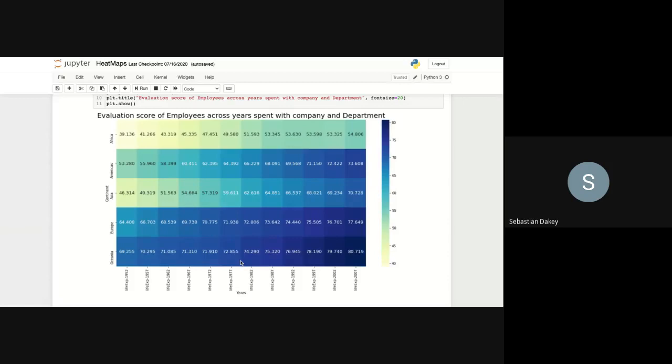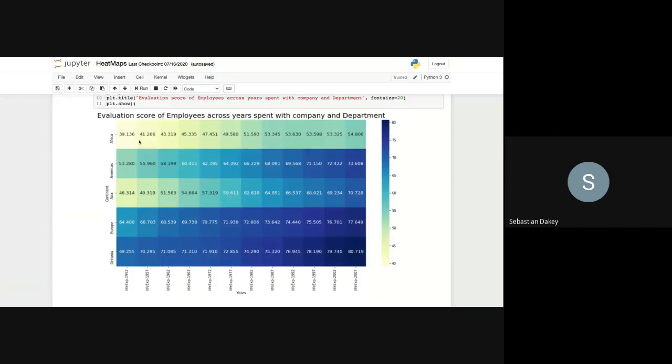Okay, but another powerful aspect of heat map is instead of just looking at trends, sort of like looking at the heat map horizontally, we can also look at it vertically. Now let's compare Africa to the Americas. We see that across all the years, Africa is lighter than the Americas. So we can see that across all the years, the life expectancy in America has been higher than that